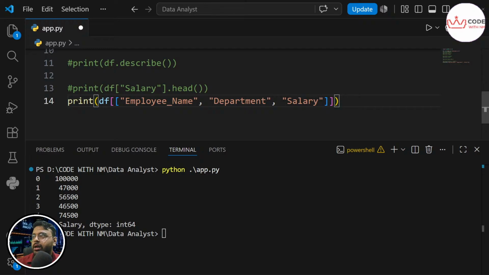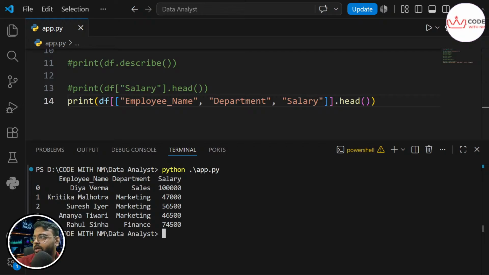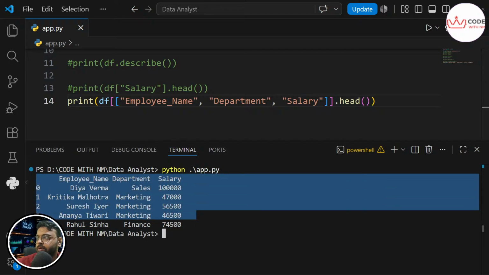Okay, and here I'm only interested in the top 5. Okay, let's save it, clear the console, and let's see the output. It should print employee name, department, and salary. You can see employee name, first 5 names, department, and salary of them, of course.